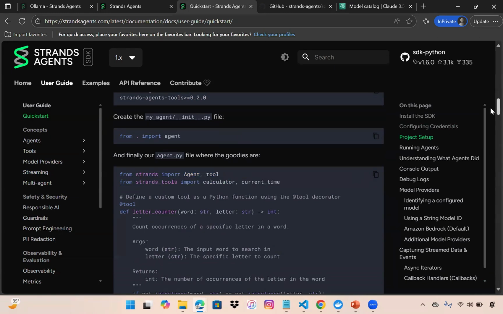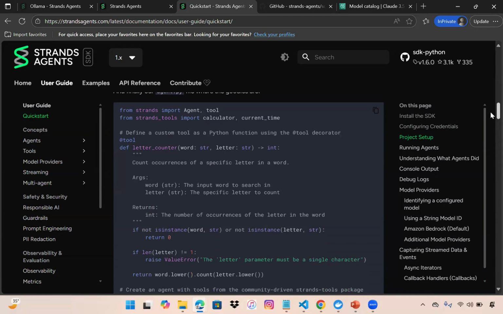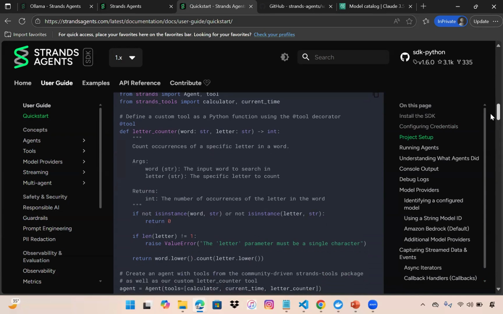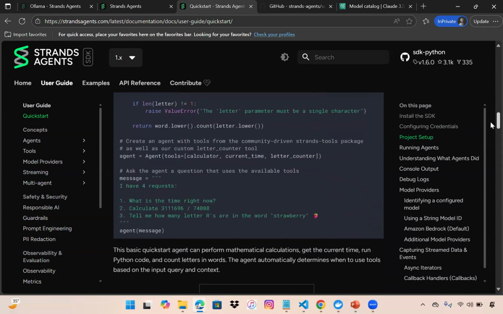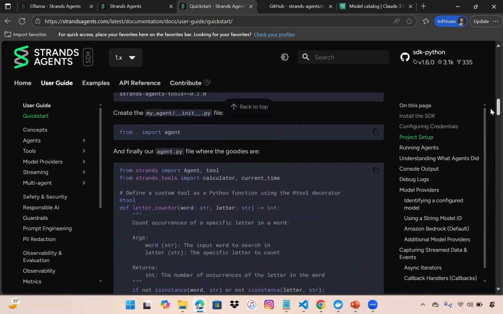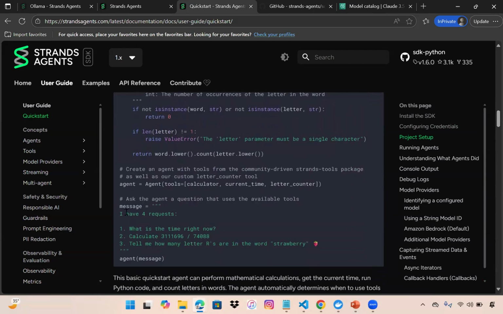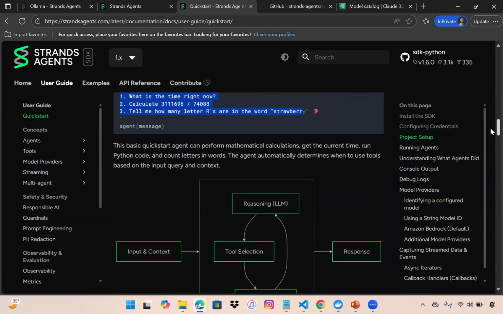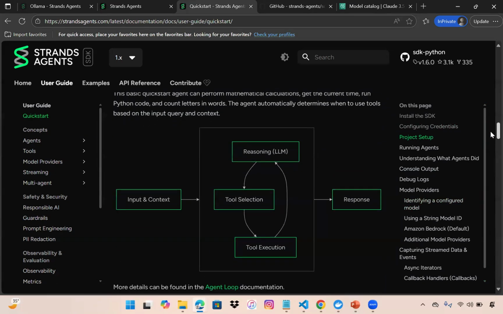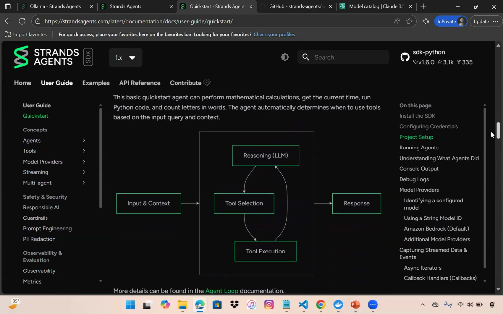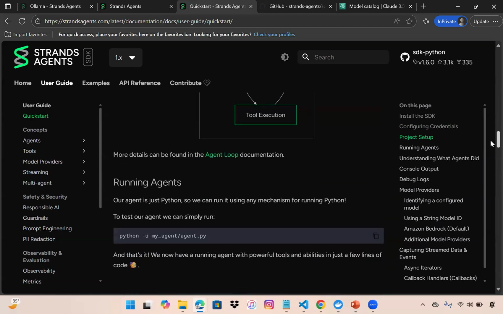This is a default example they have given, which works with AWS Bedrock. If you don't have access to those models, it won't work. It will give you the output for all these things. You can see it is using tools like the calculator, current time and so on, and this is the message that you're passing to the agent. It will give you the output based upon this. You can see it takes the input and context, then tool selection happens, then the reasoning LLM, the tool execution, and finally you get the response. So this is a basic setup that will be working with